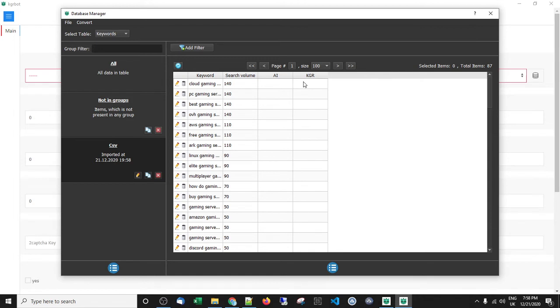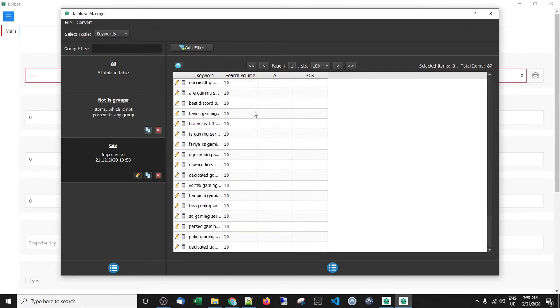And what the software is going to do is find out the all in title number, and then the keyword golden ratio score. And then anything that comes back that's under 1, you can then go, like I said, write an article, maybe a Google Sites post, do a video, all this kind of good stuff. And you're sure to rank really high really quickly as well. And they soon add up.